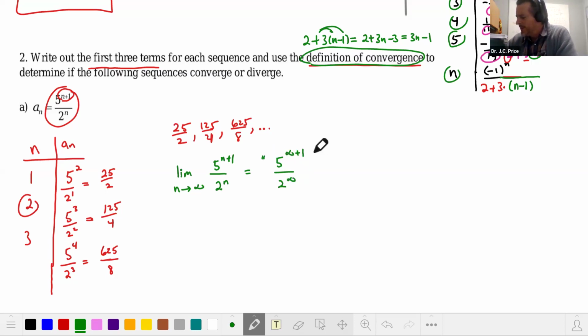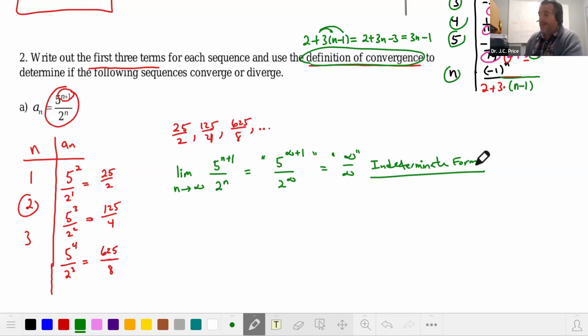I'll put quotes around this because it's kind of me thinking here. That's really infinity over infinity, which is an indeterminate form. And we talked a little bit about this one in class. You can try to use L'Hopital on it, but it doesn't really make it better. In fact, it looks a little bit worse in the end. So what you want to do is just a little bit of algebra, because you can simplify